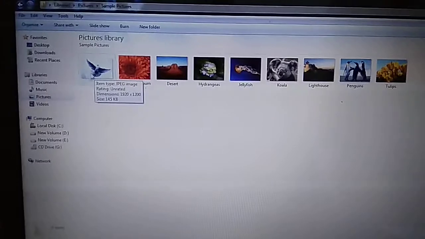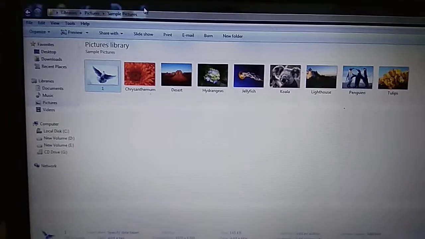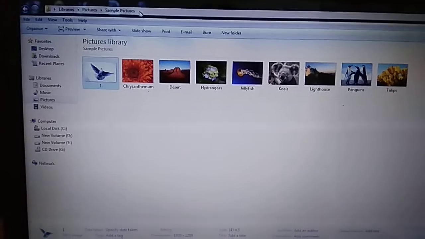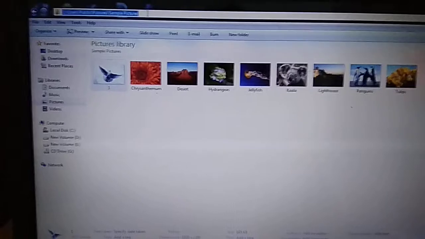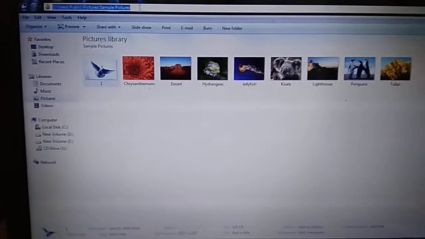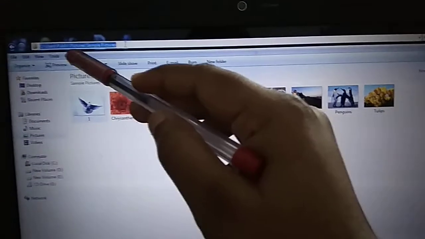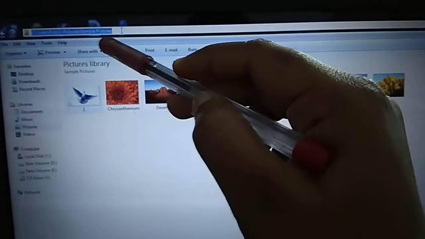Click on this image, come to the address bar, click there, and you see the path of the image will be selected. Copy this path, starting from C, users, public, pictures, then sample pictures.